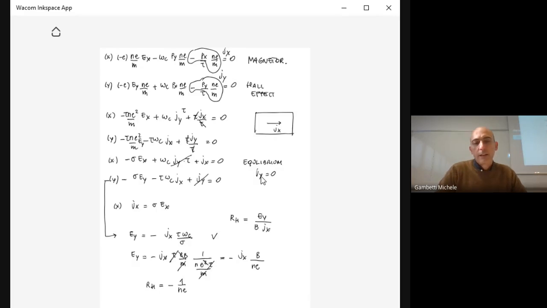So the fact that the agreement is fine for some groups of metals and not fine for other groups of metals means that something good is found within the model, because you have agreement for some groups of metals, but maybe we are missing something, because in this case we are not able to predict the dependence of RH on the magnetic field, nor are we able to predict the fact that the coefficient may change sign, because apart from the Drude model,